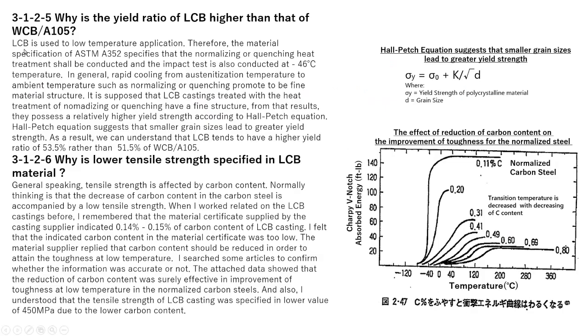LCB is used for low temperature application. Therefore, the material specification of ASTM A352 specifies that normalizing or quenching heat treatment shall be conducted, and an impact test is also conducted at minus